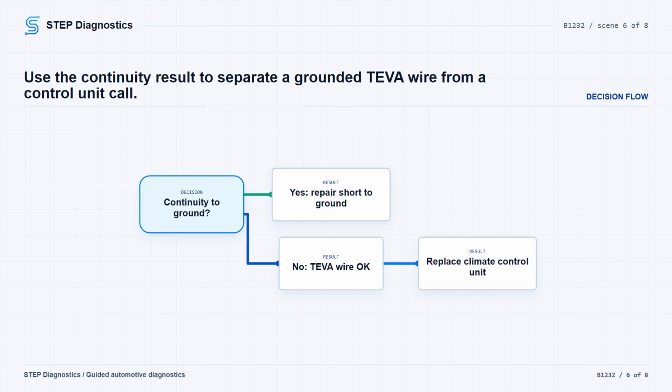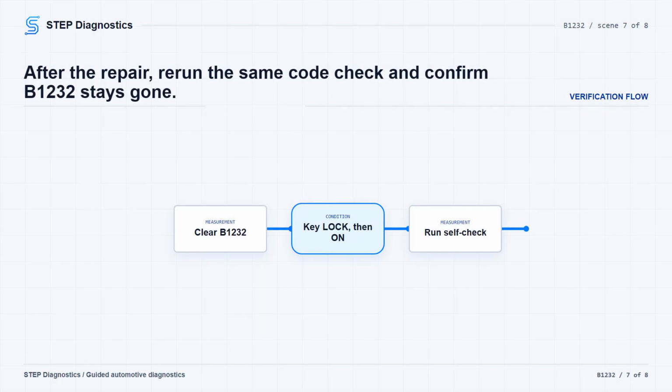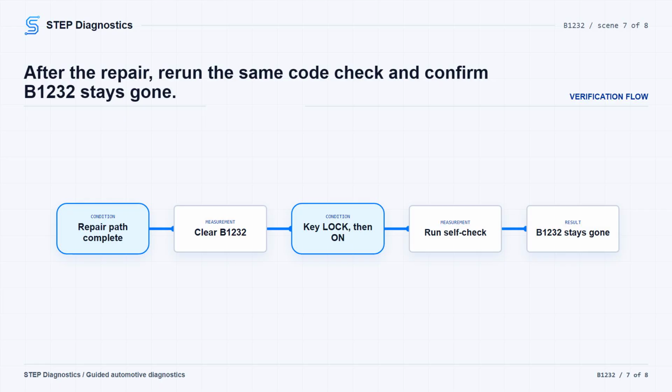If there is no continuity, the TEVA wire is OK, and the diagnostic result is to replace the climate control unit. Keep verification separate from the fault isolation. After the repair path is completed, clear the DTC with the HDS, cycle the ignition from lock 0 back to on II, run the self-diagnostic with the HDS or the climate control unit, and confirm